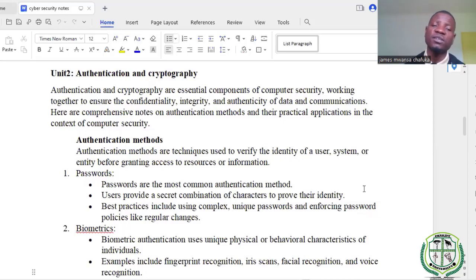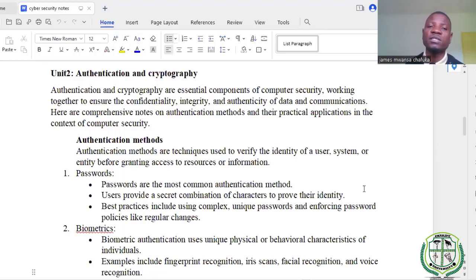And under authentication, we have different authentication methods, such as passwords. We're going to start looking at what is involved in creating a better password and so on and so forth. So when you talk of a password, which is the first part of authentication, here we're saying